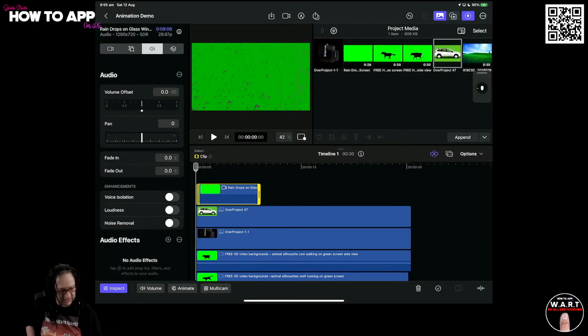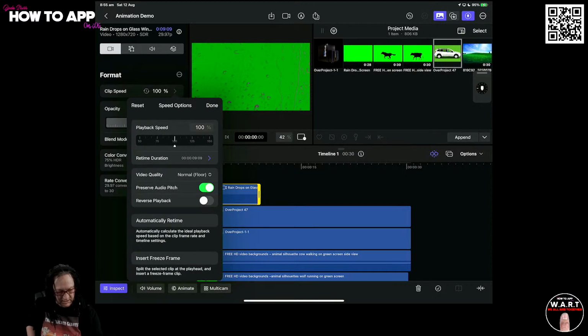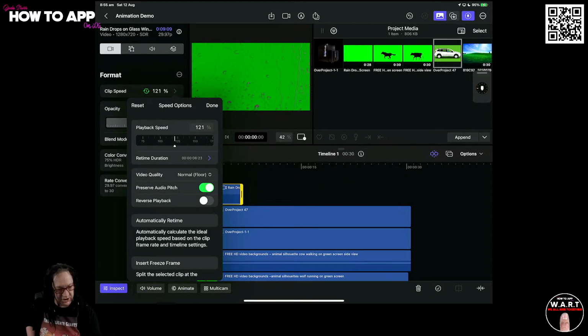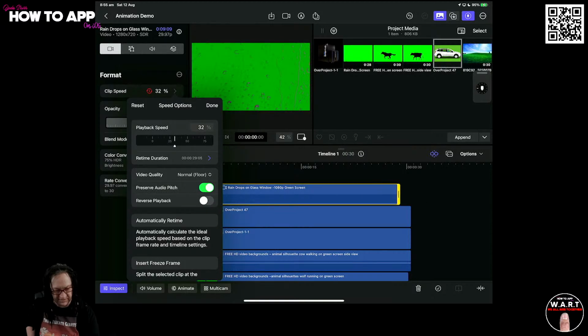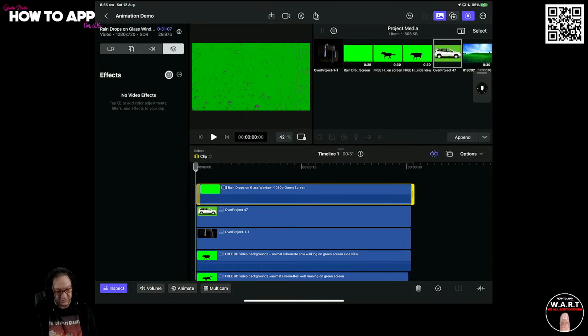We can do that. Let's go to our clip here and change the clip speed. So see how you can change the clip speed on the fly? So I can make this fit. There we go. So it's going to fit the clip now. So, just so you see that, we went into format and I slowed down the clip by 30%. And now we can go into our effect, green screen,